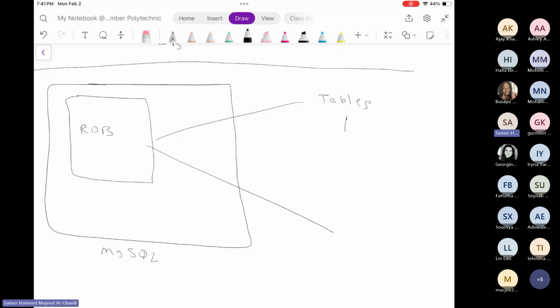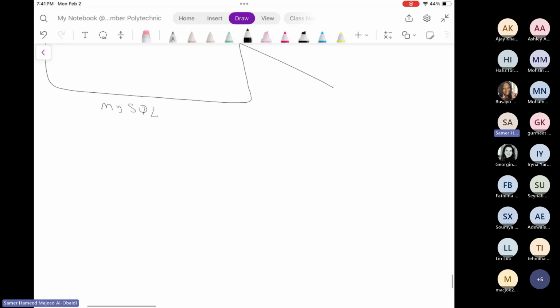Then we will insert records. So the first step, we have to create the database. Then we have to create tables. So to create the database,